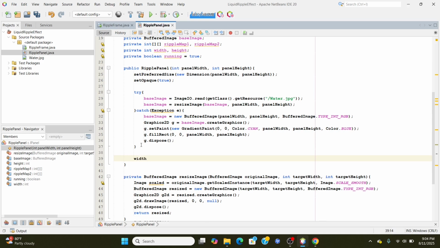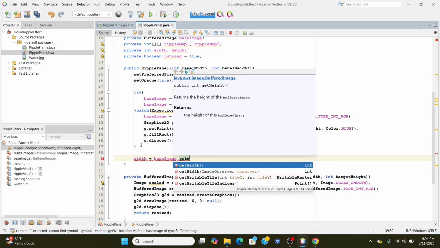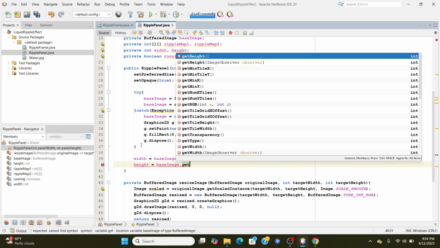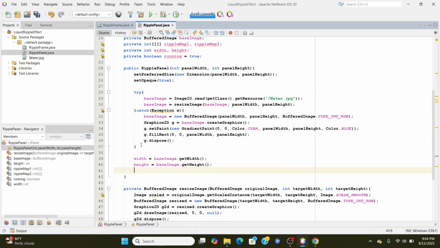Next, we grab the dimensions of our background image, its width and height in pixels, and store them in variables. These values are important because our ripple simulation works directly at the pixel level, so we need to know exactly how many horizontal and vertical points we'll be working with. Then, we create two two-dimensional integer arrays, ripple map 1 and ripple map 2, each the same size as our